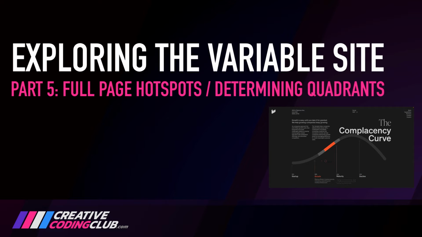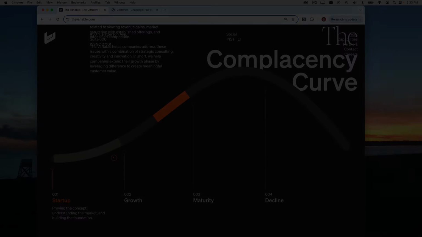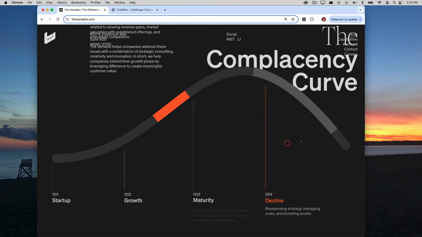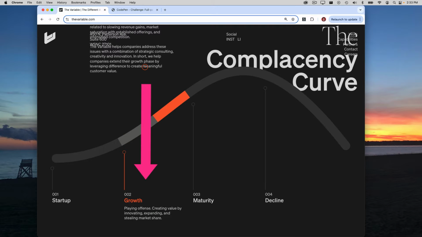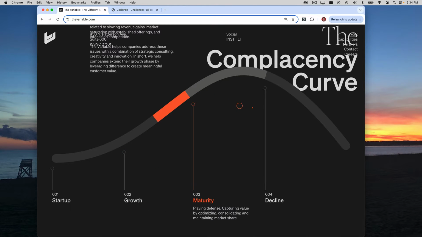Welcome to Exploring the Variable Site Part 5, Full Page Hotspots and Determining Quadrants. Today we're going to address how we can make our chart fully interactive like the variable site. It doesn't matter where my mouse is on the page, that stroke is going to follow it, and the appropriate stage that I'm over is going to be highlighted. Now this effect is a little bit more complex than you may think, and with that being said, we're going